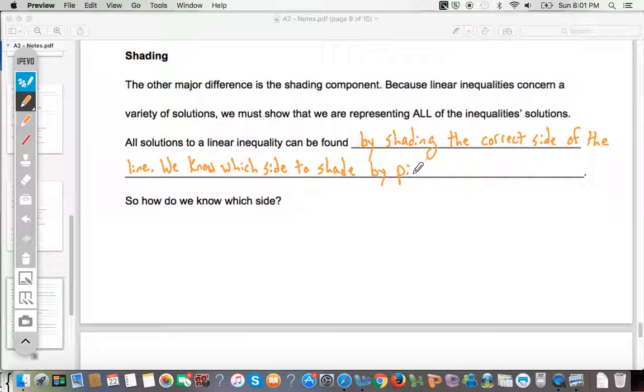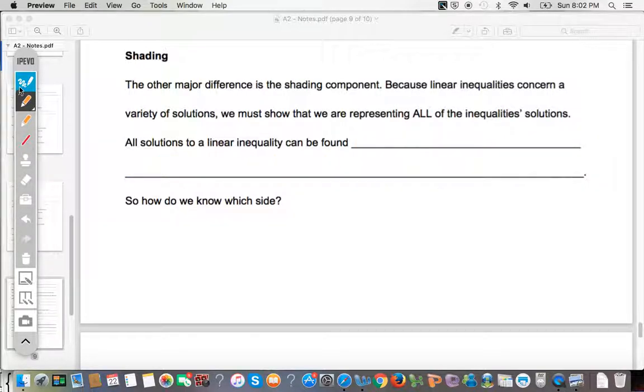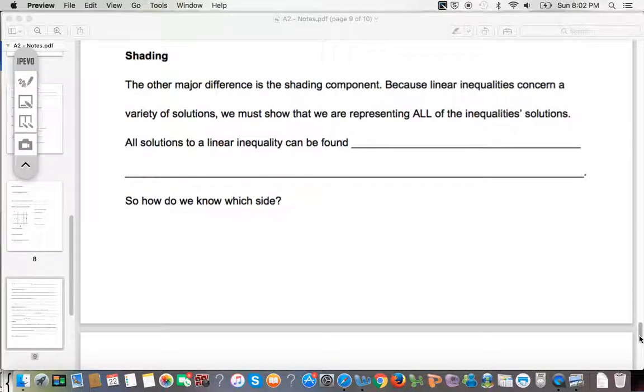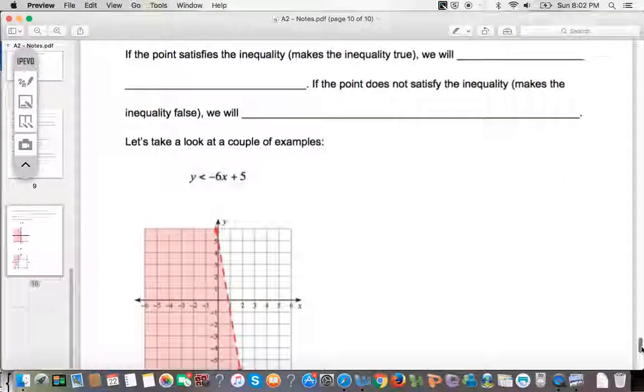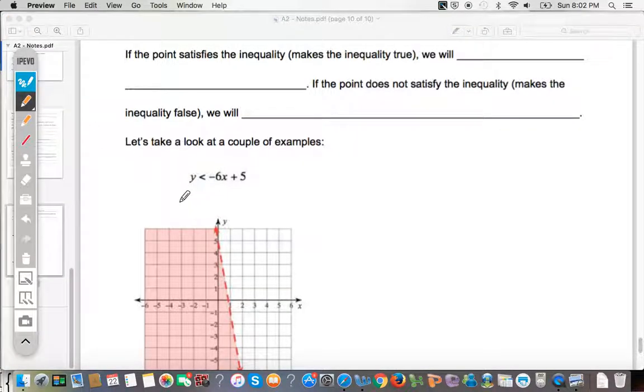By picking test points. Okay? So, how do we know which side? If the point satisfies the inequality, so it makes the inequality true,